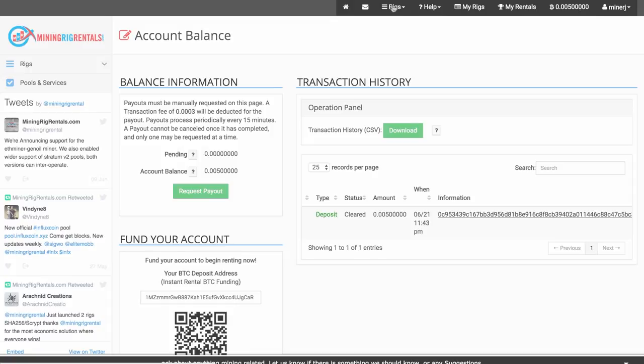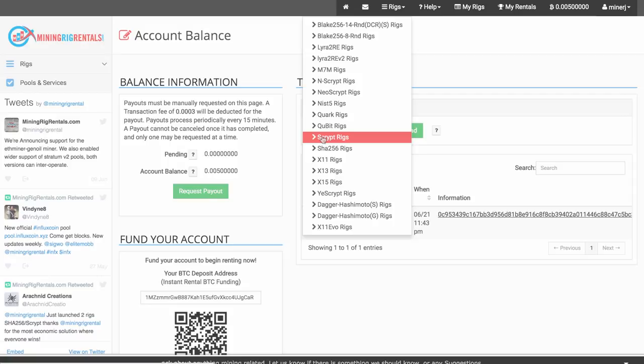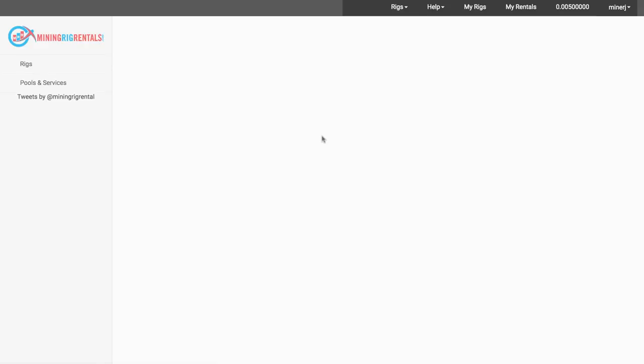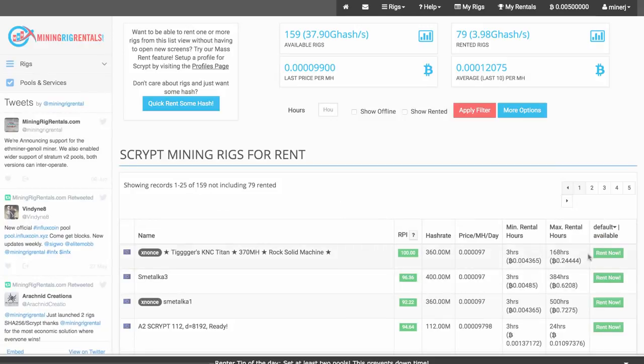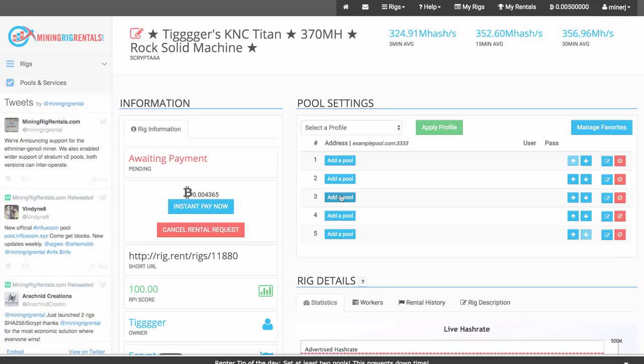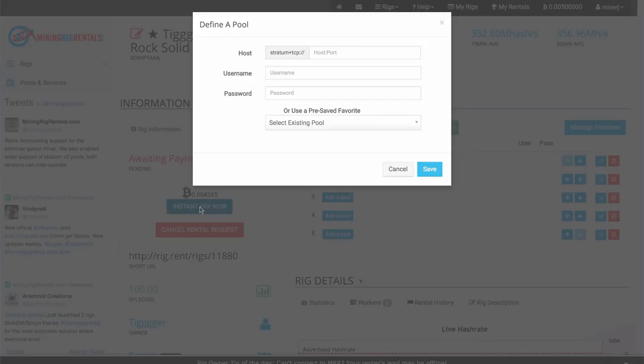So I'm going to go back to the rigs drop-down menu, click on the script rigs option, and go ahead and click the Rent Now button. Now all it wants to do is, it says it's awaiting payment, so you can pay instantly the 0.004365 Bitcoin that it requires. So when I click the blue button that says Instant Pay Now,